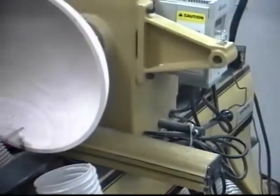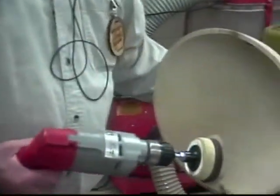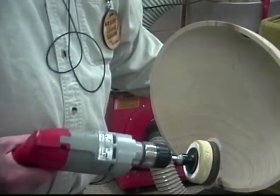But when I start out a bowl on the lathe, I do my first few grits of sandpaper in a regular drill, and I'm working on the lathe. So I try,